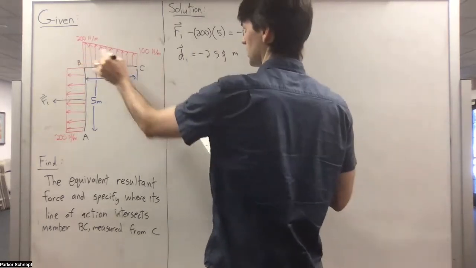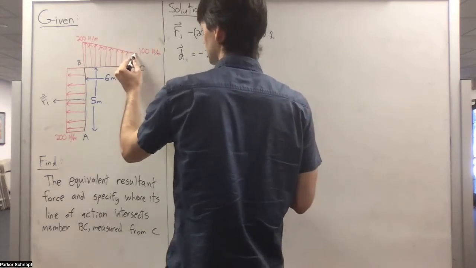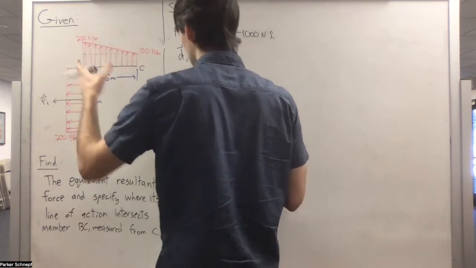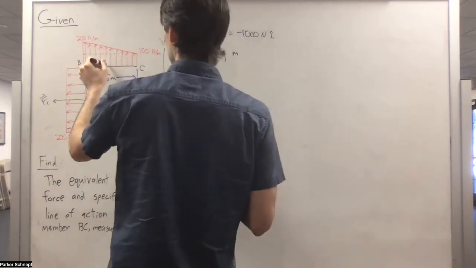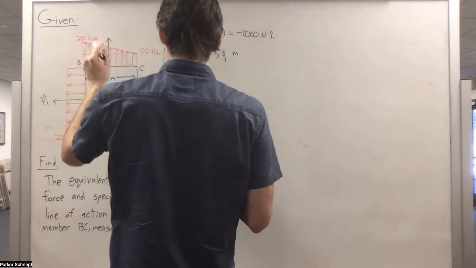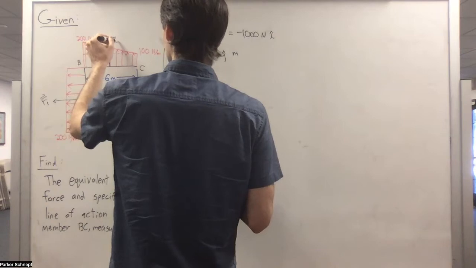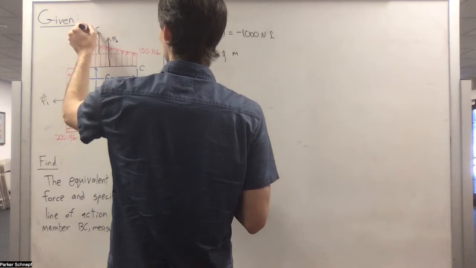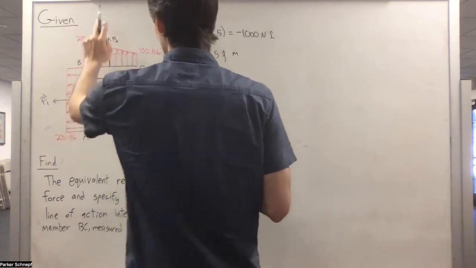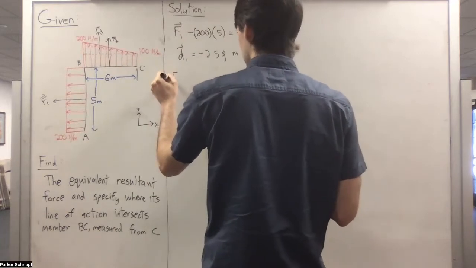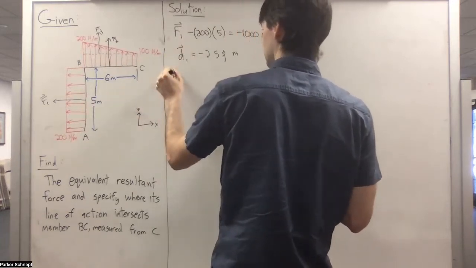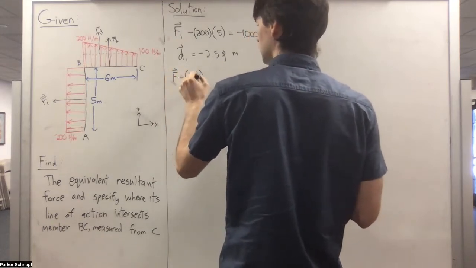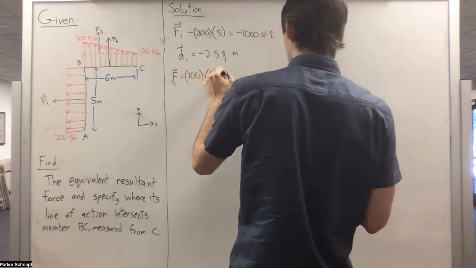For this shape up here now, we're going to split this into two separate shapes. So we have a rectangle and a triangle that's layered on top of it. So we'll end up with a force for the rectangle, which we'll call F2, and a force for the triangle we'll call F3. Those are both going to be in the positive y direction. So F2, just like with this area over here, it's rectangular. So it's going to be 100 newtons per meter times 6 meters, leaves us with